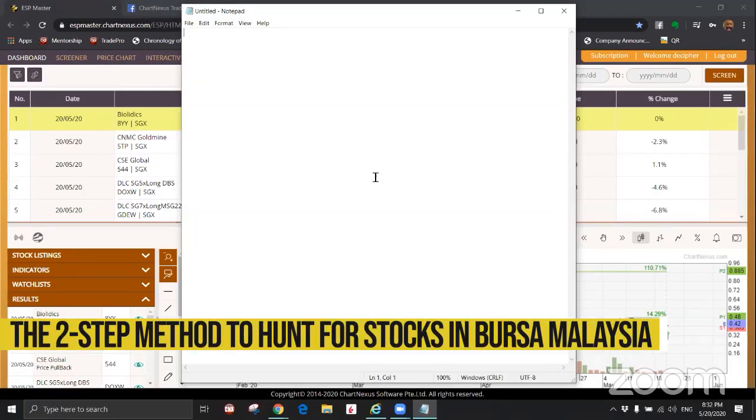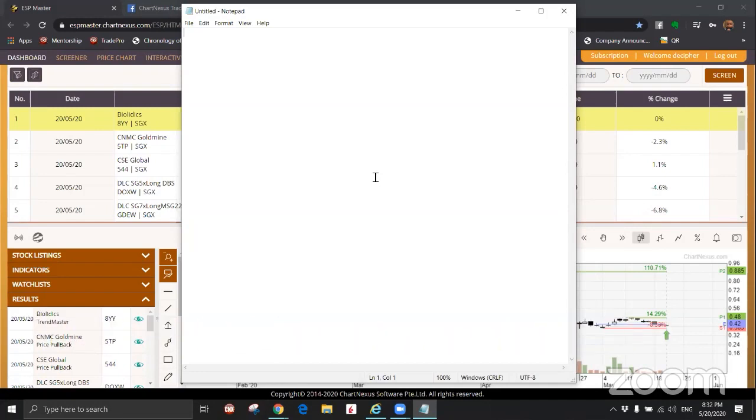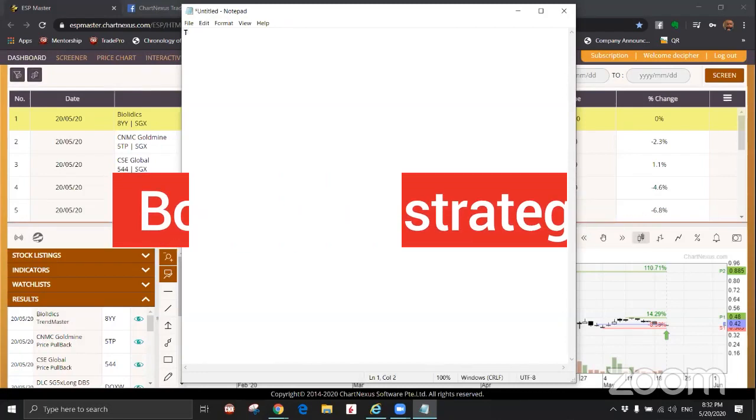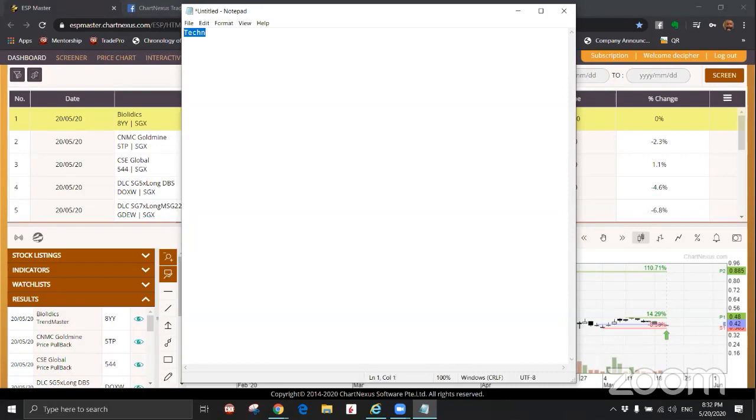There are many ways to make money from the stock market, but what I can share with you tonight is my style, my strategy on how I find stocks and how I execute my trade. First thing, I want to highlight to you that I am doing a bottom-up strategy. So I will use technical and